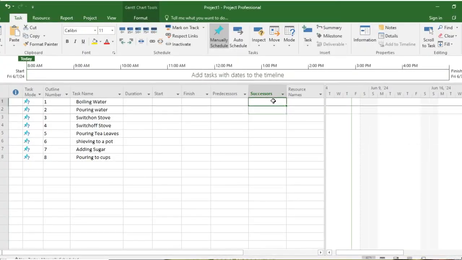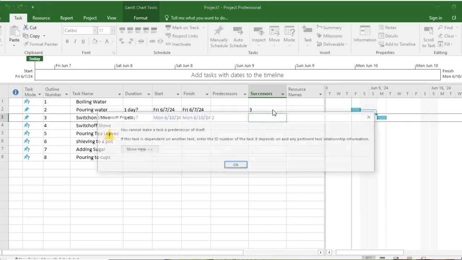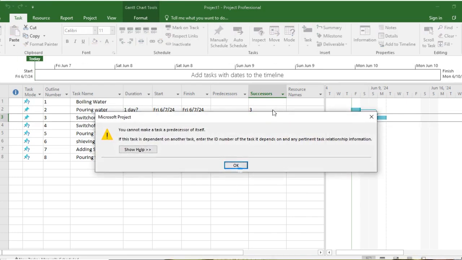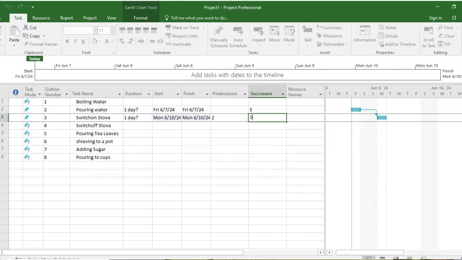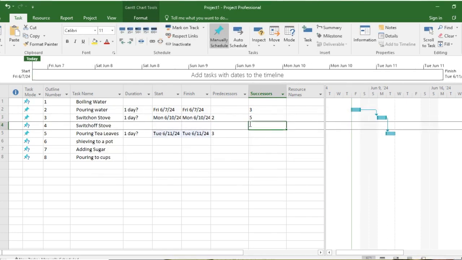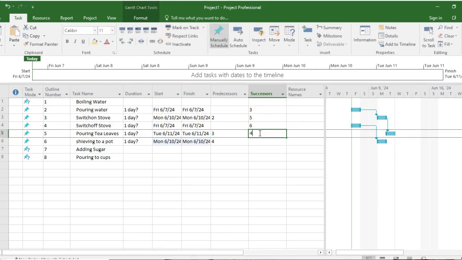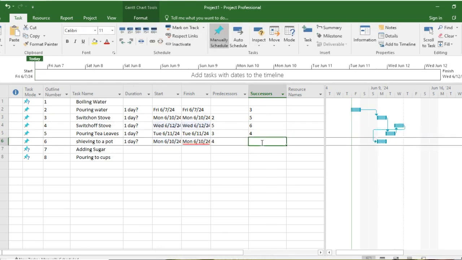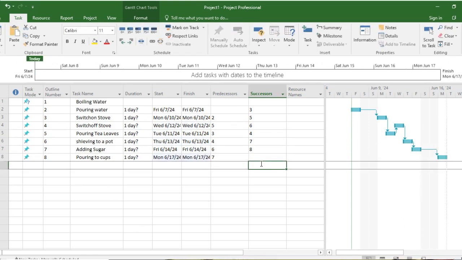So let's add these: 3, 5, 6, 4, 7 and 8. You can see that these things are auto-populated, and predecessors are also auto-populated,